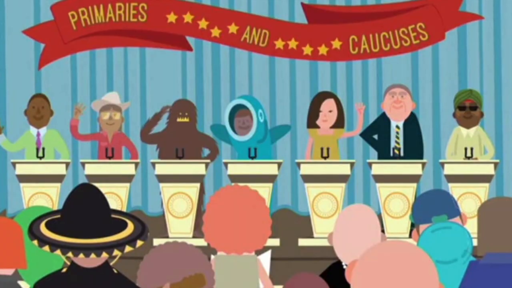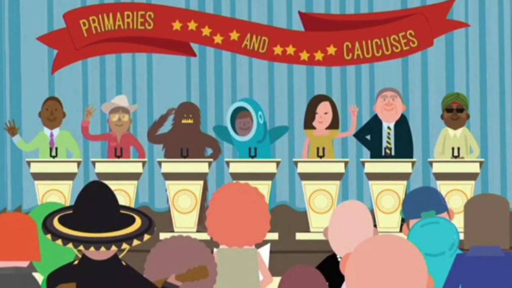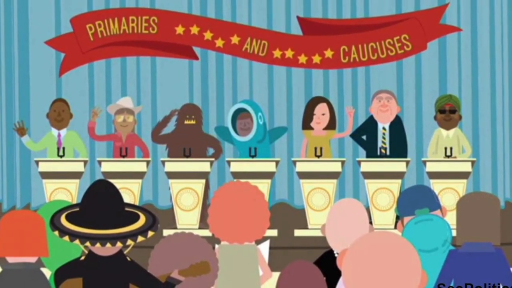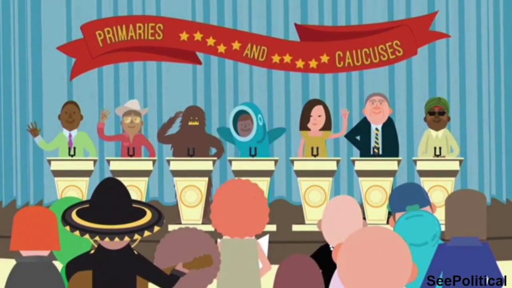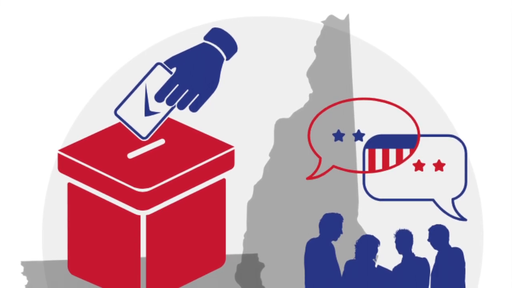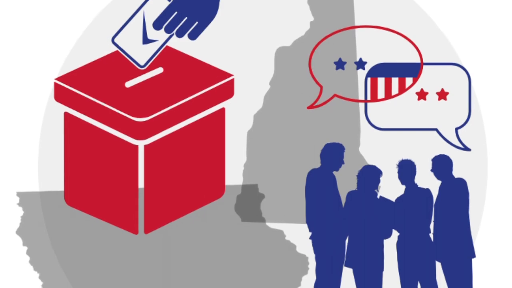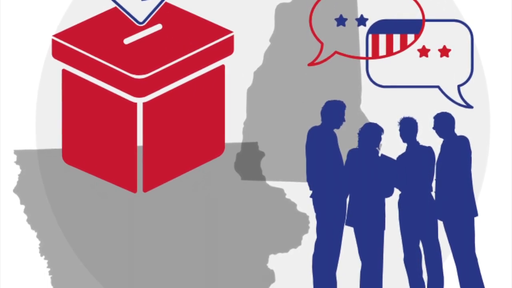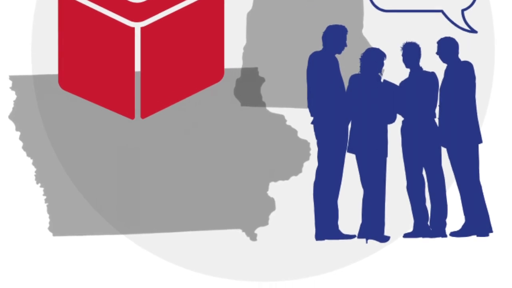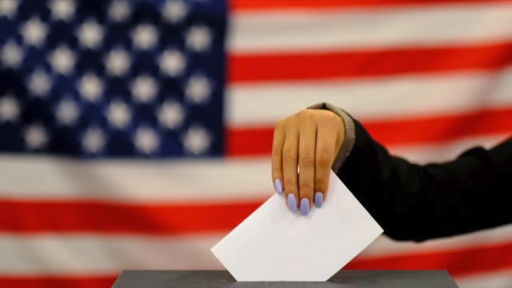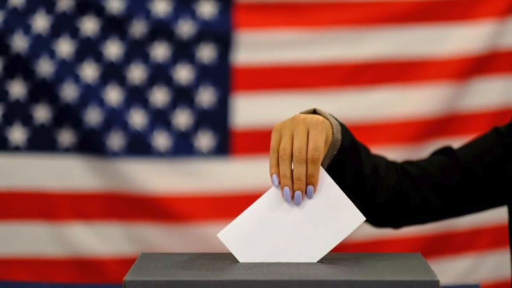First, in order to choose the nominee, parties hold primaries and caucuses in different states to pick delegates, who will then go on to support the presidential nominees. Some states choose to hold secret ballots, which are known as primaries, to choose delegates, and others choose their delegates by show of hands in an open meeting, which is known as caucuses. These are held in the beginning of February and the month of March.